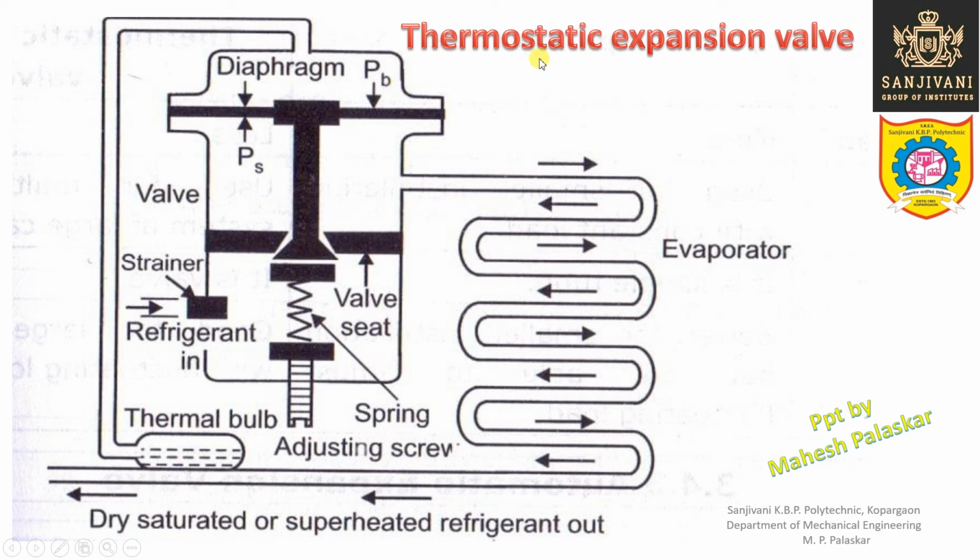So we are studying the construction of this thermostatic expansion valve. This is a diaphragm, a thin metal sheet which is flexible and which can move in the upward and lower direction. Though it is fixed at the borders, it can slightly get curved, it can become convex or concave, right? And to this diaphragm, the valve stem and the valve are connected. This is the valve seat. So the movement of the valve over the valve seat will change the restriction, will change the area available for flow rate of the refrigerant from this inlet to the outlet to the evaporator, right?